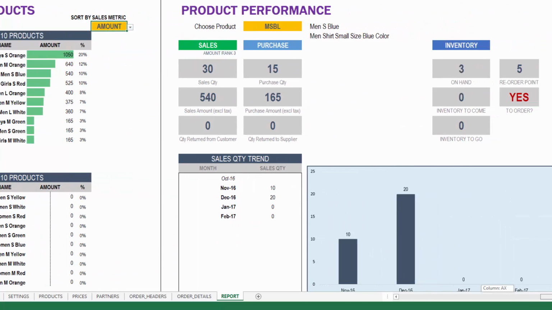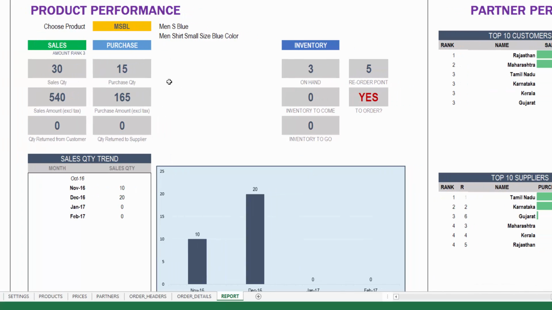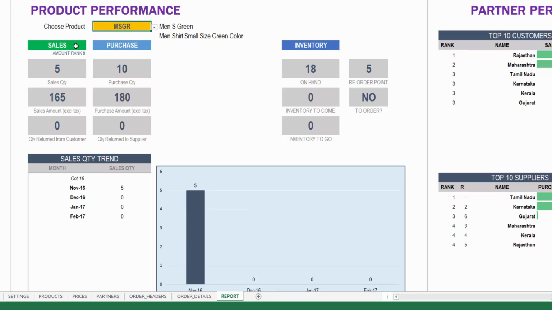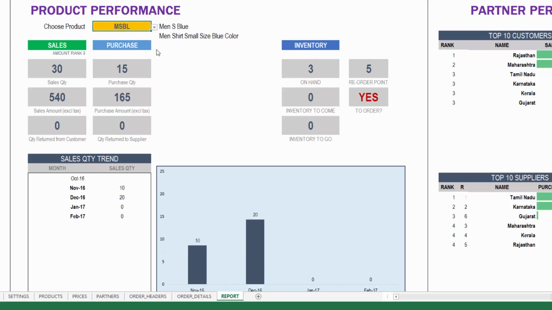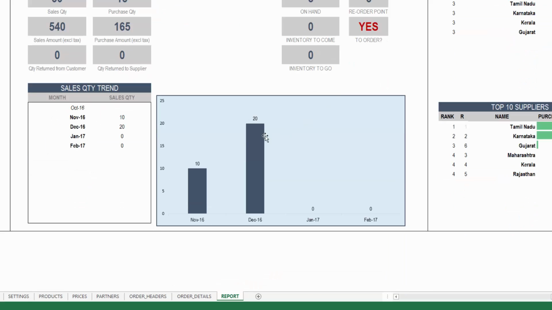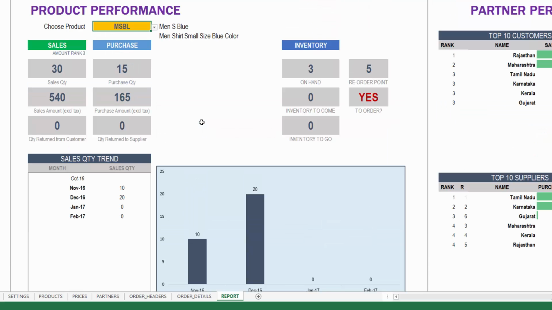The next section is the product performance. So the product performance allows you to choose one product at a time, and then you can see the sales and the purchase metrics, and also currently how much inventory we have on hand, and then the reorder point. And for example, this one, we have to order it because we have lower inventory than the reorder point. We can see the last 12 months of sales amount, sales quantity trend here, and that's something you can view